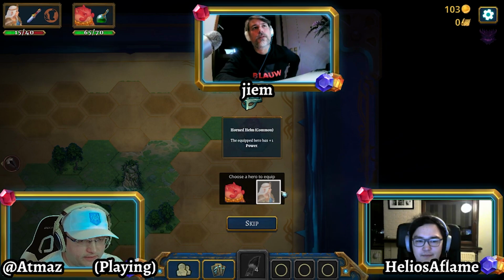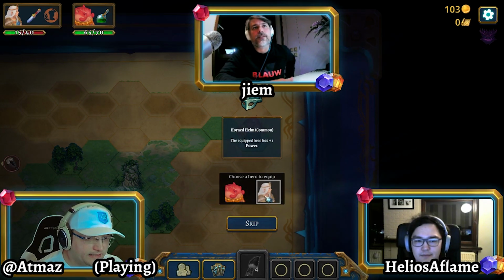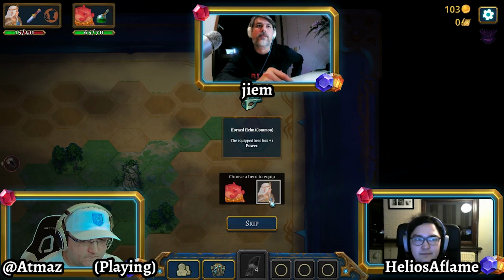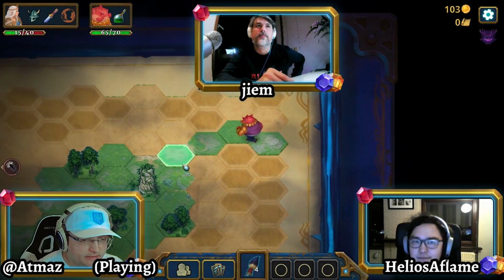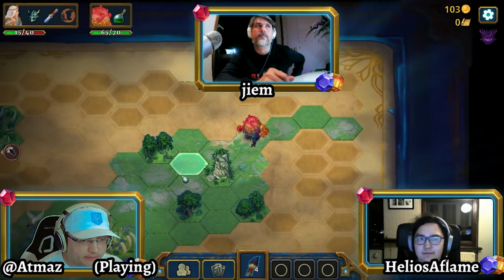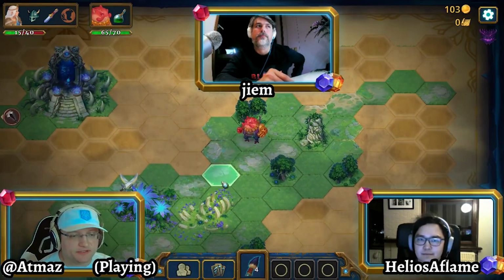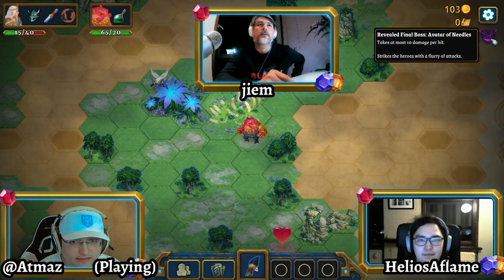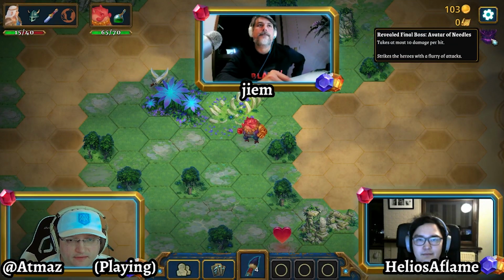Who do you want on? Probably Shara. Yeah, Shara deals many more attacks than Soroko. So Shara is really good for anything that gives plus power because she has a mechanic where she gets a lot of daggers in her hand. We actually don't have many cards that do that, but it's really good against Needles, the Avatar of Needles, because...